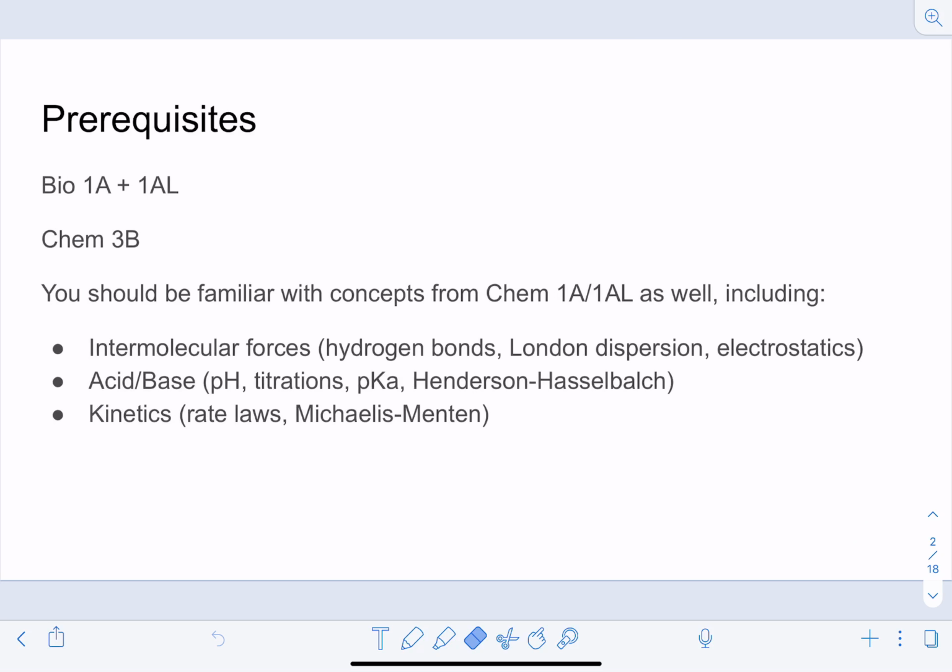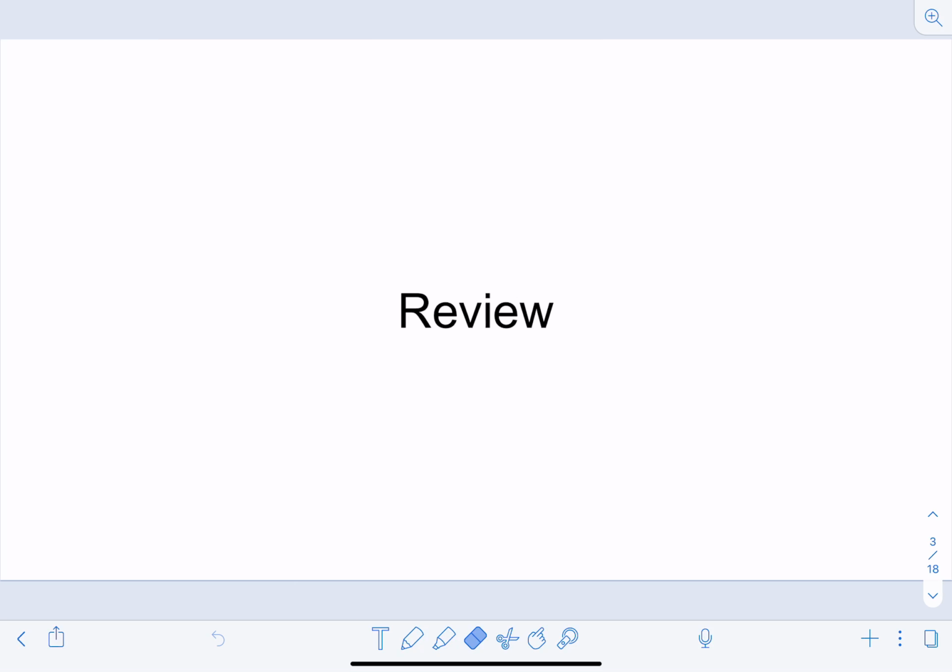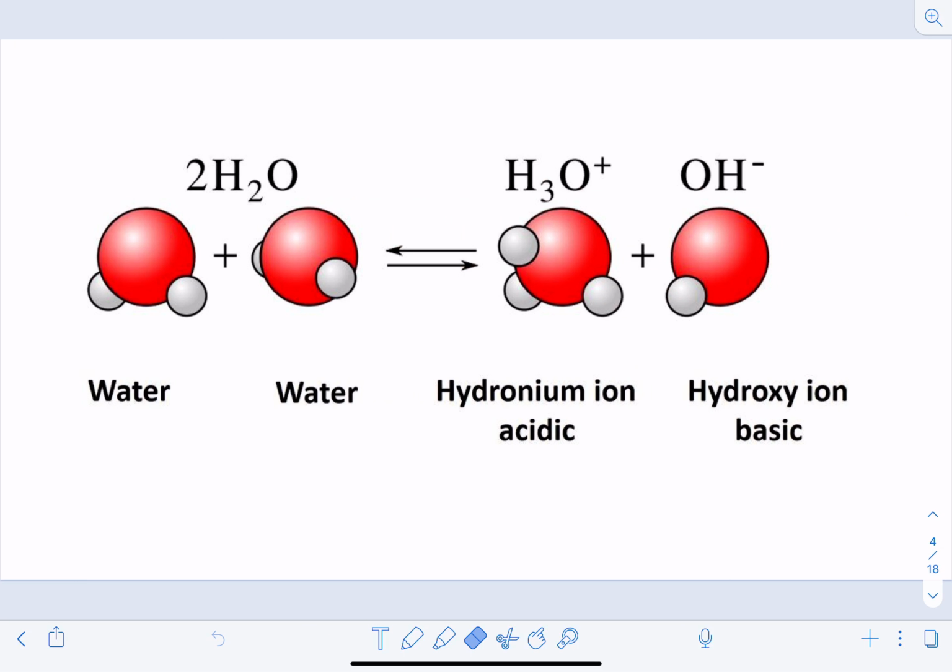Because MCB 102 applies these concepts and uses them to cover a huge amount of content, I'm moving through the content from prerequisite classes rather quickly so we can focus on the content of MCB 102. Now, with that said, we're going to do a brief review of the material that I feel is important for this class. First of all, you should be familiar with the fact that water is an electrically and chemically neutral